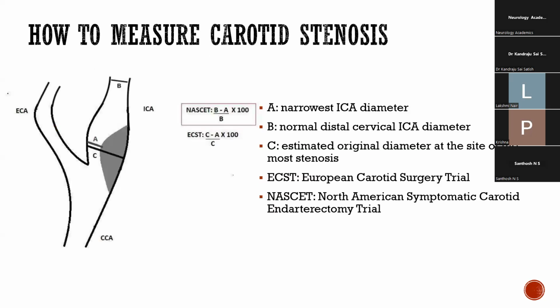So now, how to measure carotid stenosis? In the NASCET, that is the North American Symptomatic Carotid Endarterectomy Trial, and the ECST, that is the European Carotid Surgery Trial, two methods are used. In the NASCET trial, A is the narrowest ICA diameter, B